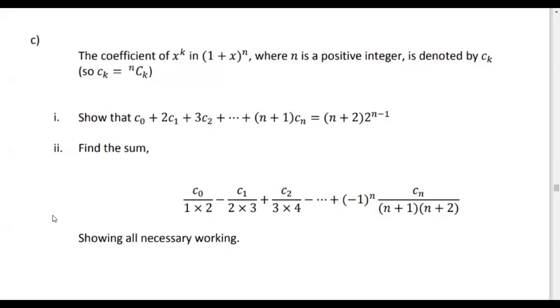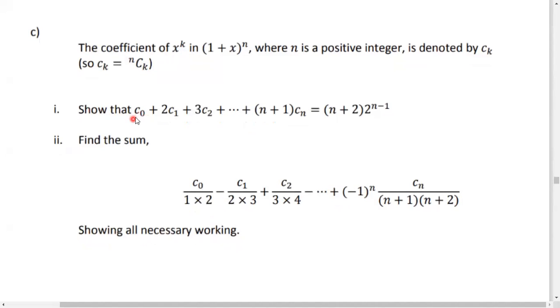We'll now look at this question, which is relating coefficients of powers in an expansion, and they want you to prove certain things. So these are questions that are called binomial identities, and we often talk about the fact that there are different types of these identities. And in this particular case, you're asked to show a whole bunch of coefficients is equal to an expression over here. And this is what we'll call a sort of type 1, or